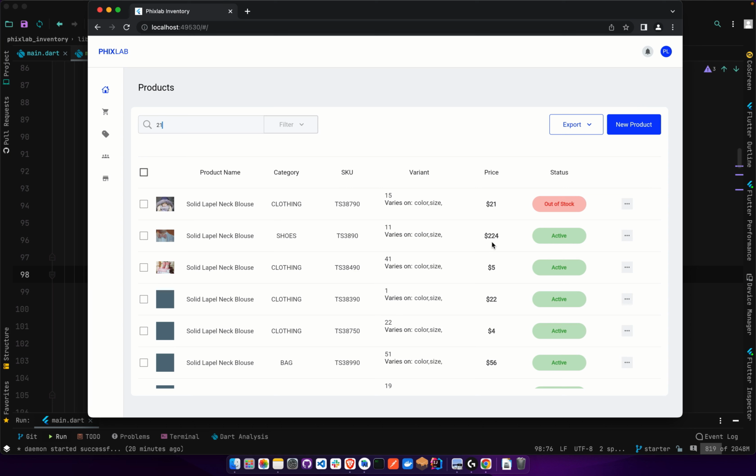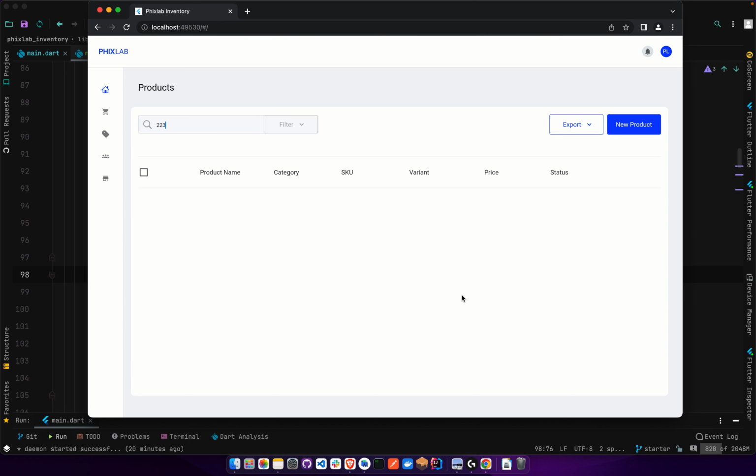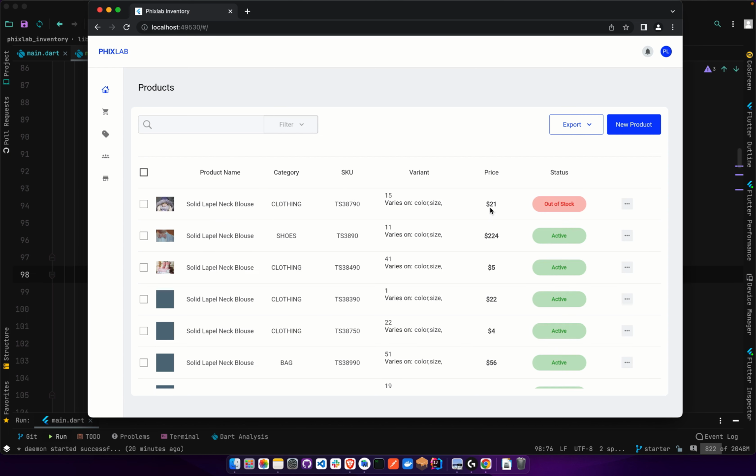You can see that because we have a length of that is up to 3, so that wouldn't really capture here. But I can do something like 223 or 224. So you see that I have a price that is 224, and that's why it's filtered by price. You can see that. All right, and then if I do something like shoes,